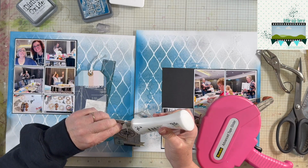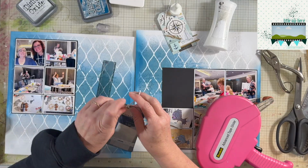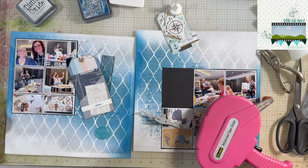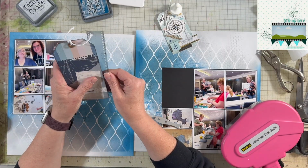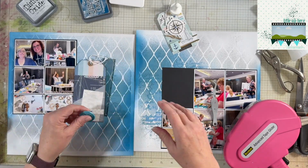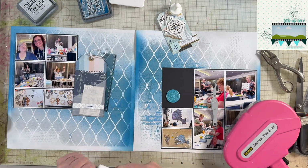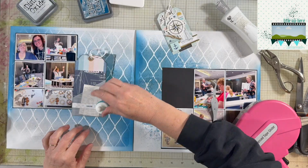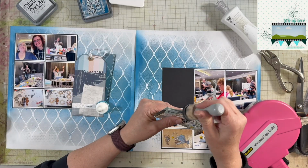Anyway, there was a little bit of extra twine on the tag that Lisa made. It was a little bit longer than what I normally put, which was absolutely great because I was able to go ahead and cut a little bit of that twine off, and I was able to move it over to the tag from Becky, because the one from Becky didn't have a hole, nor did it have twine on it because the little piece that says set sail kind of covers that. But I went ahead and peeled that back and added my own little hole, so I was able to bring in that matching, coordinating piece of twine from what Lisa had provided,